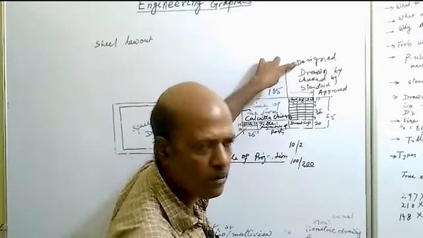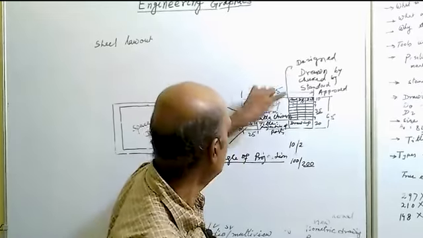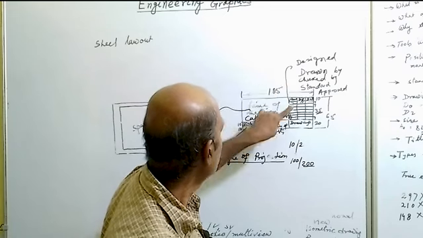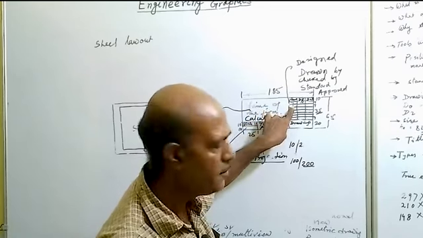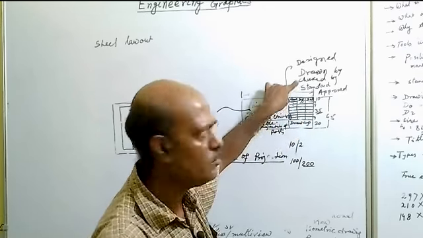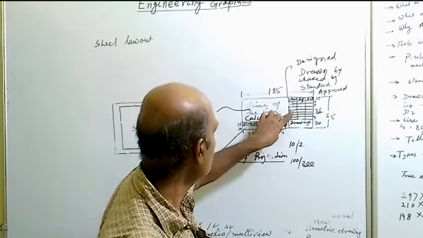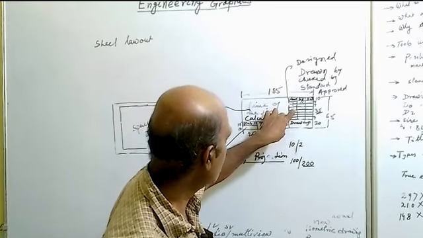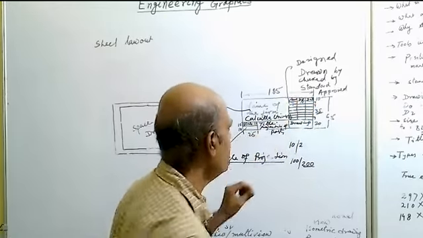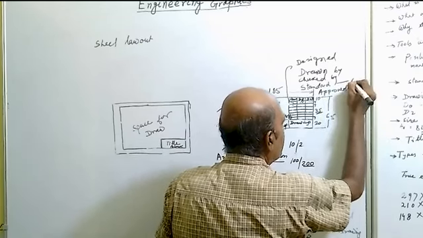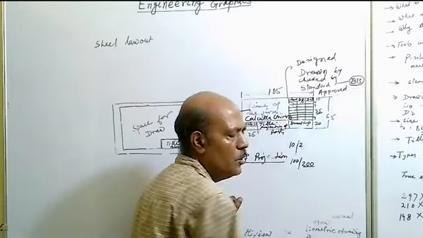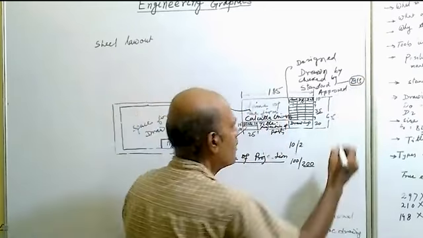So the first box will contain designed by. The name of the designer will be placed here and his signature. Next is the drawn by. The person who is doing the drawing will come here and his signature. Then checked by the person who is superior to this person. So that will be written here in third box and his signature. And the fourth one is the standard used. In India, any drawing that is made will follow the BIS standard, Bureau of Indian Standards. Okay. And last column is approved.